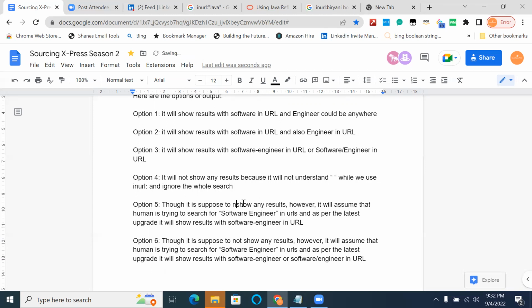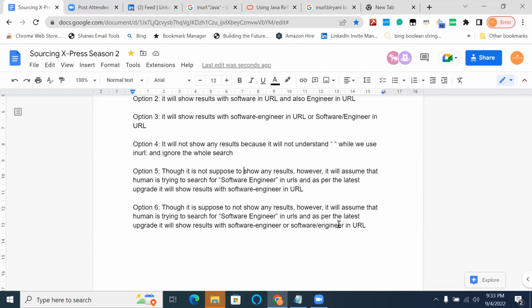Option 5, though it is not supposed to show any results, however, it will assume that the human is trying to search for software engineer in URLs, and as per the latest upgrade, it will show results with software hyphen engineer in the URL.